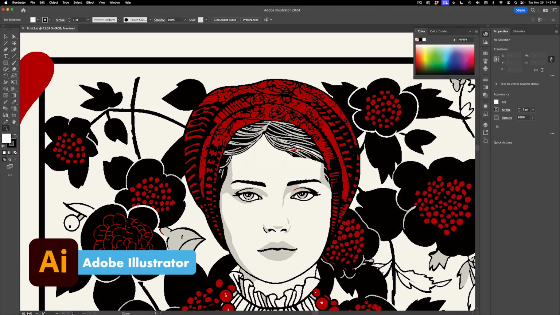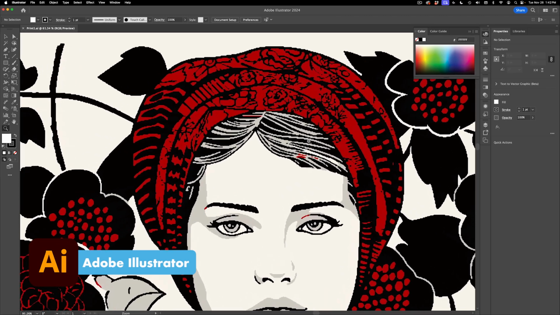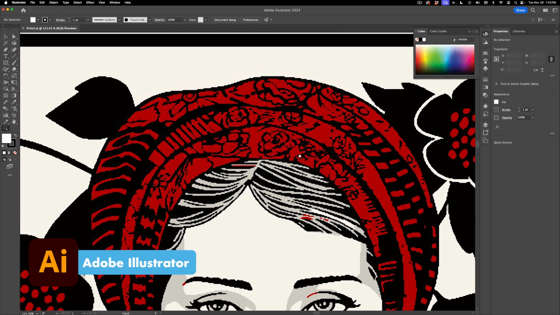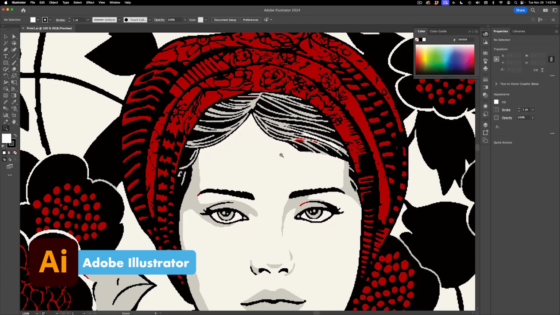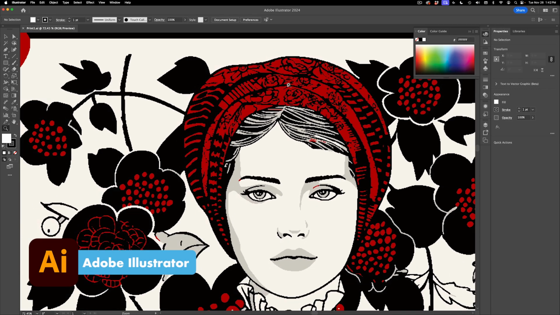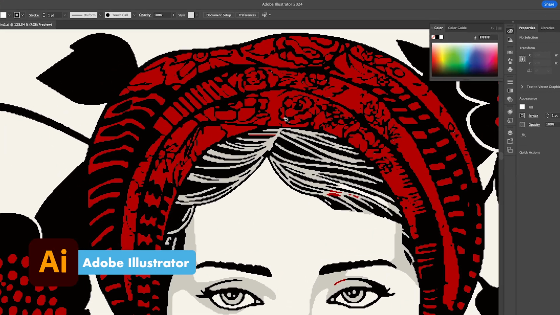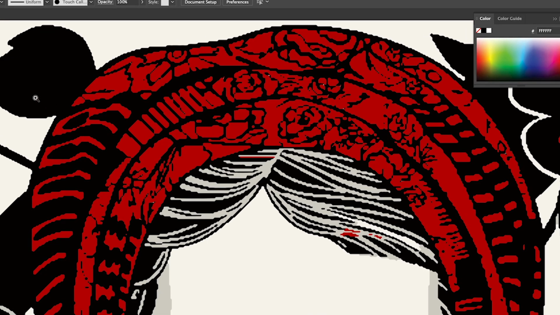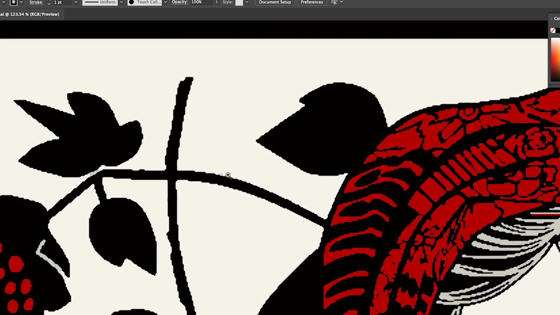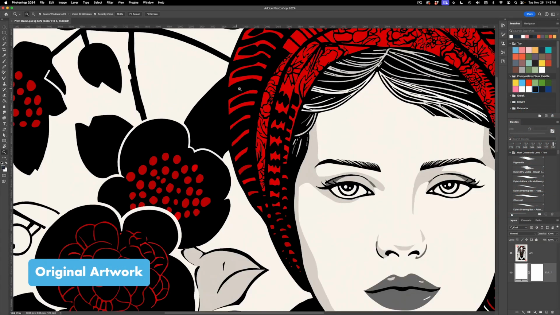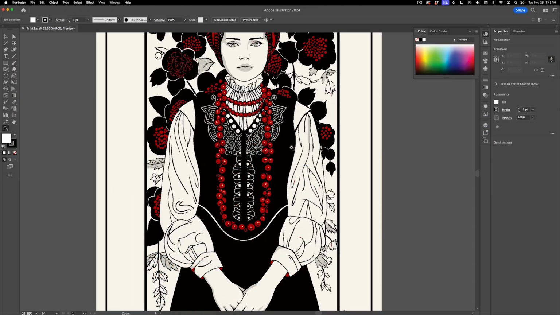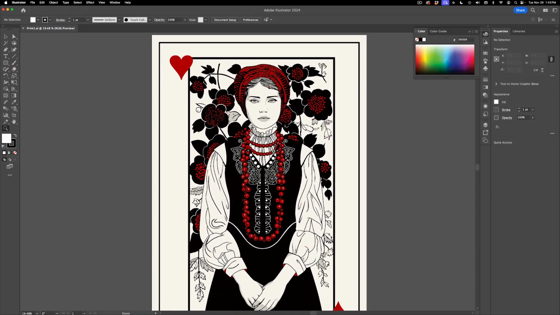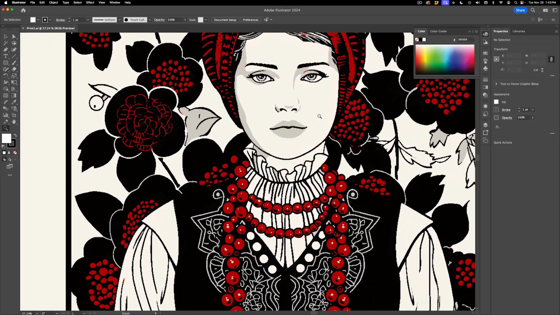So I'll show you in Adobe Illustrator what we're working with just in terms of its best attempt at vectorizing. I really did try to step up all the details in the little settings that you can get in Image Trace, and this is the best it could do. As you can see, you have this loss of detail and quality in the vectors here. You also have this kind of stair-stepping effect where this used to be a perfectly smooth line in the original artwork. So I'm going to do my best to vectorize this artwork better than what Illustrator did here,